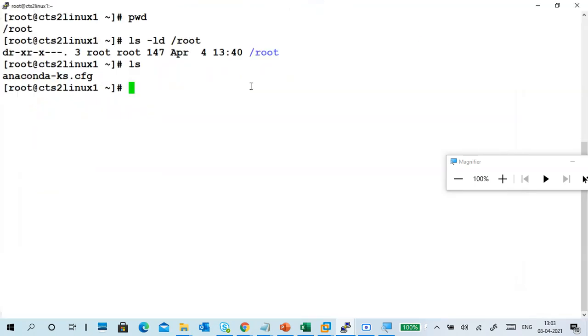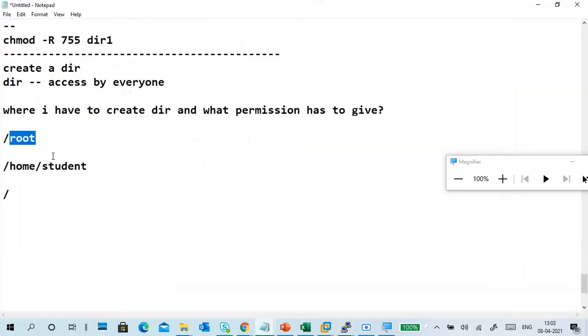So better I create the directory under slash only. This is the main system directory, and all system directories are under this one. That's why this is a suitable location.